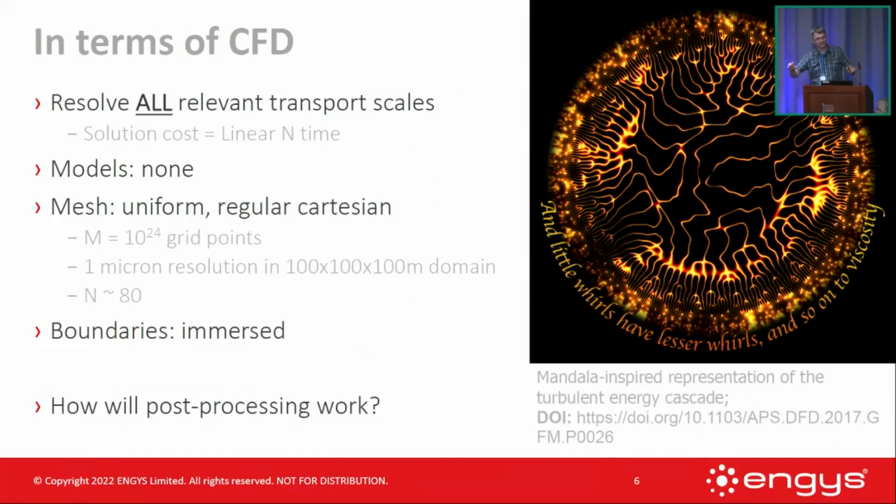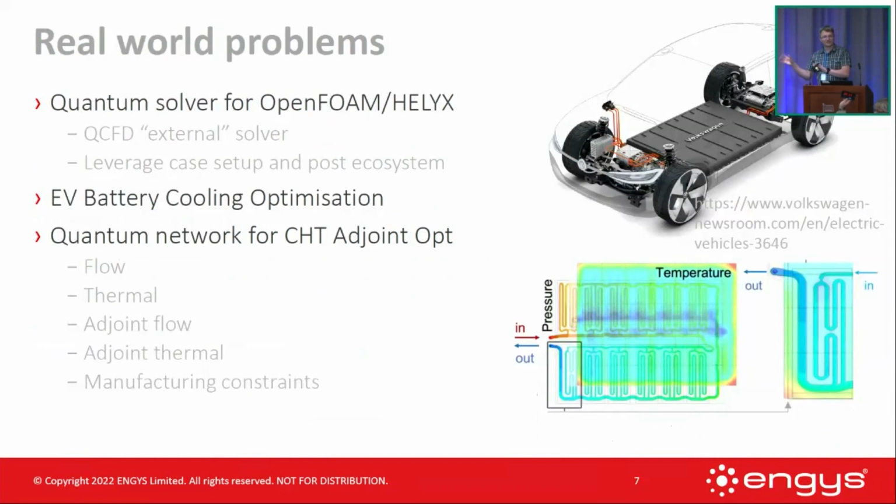You don't do microscales, and you have all scales of motion. Regular Cartesian, boundaries are immersed, and post-processing is hell. And all of this should go into a real-world example in the context of the project. It will be a battery optimization process, CHT in that. As part of that, we want to do some adjoint optimization, so getting more and more ambitious, but we'll see